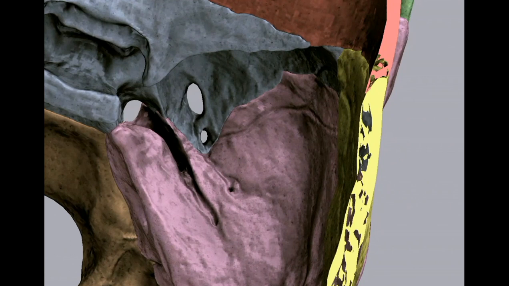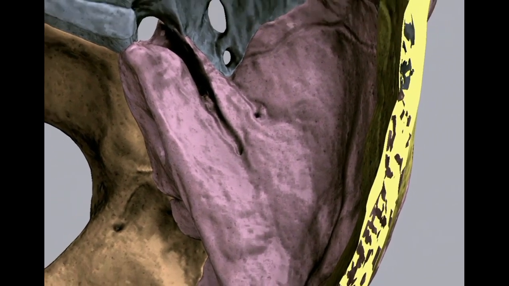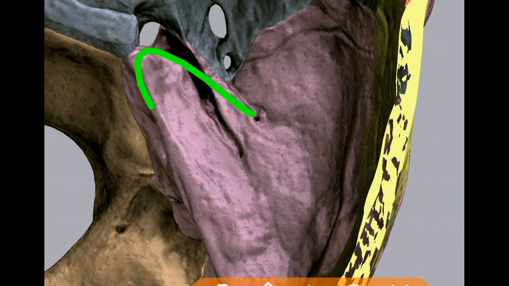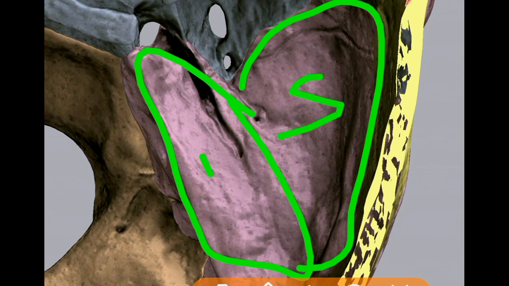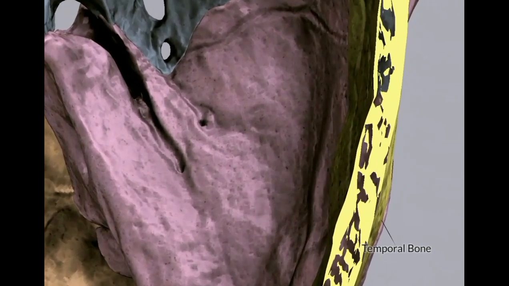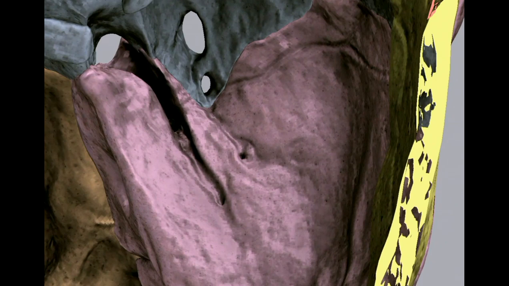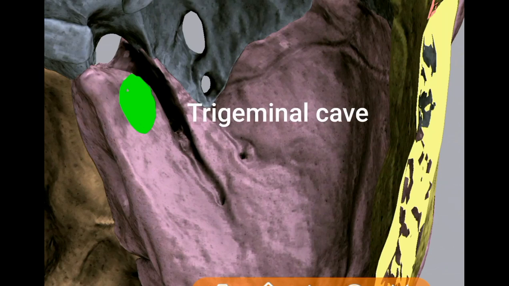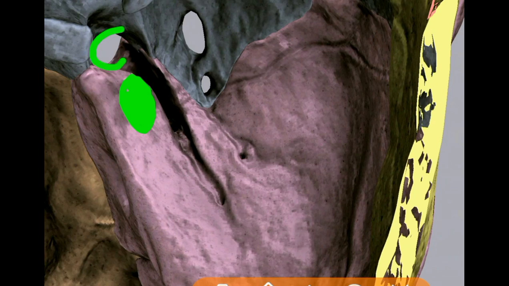And when you come to the anterior surface of the petrous temporal bone, it presents an impression here. This is the petrous temporal bone here. What you see there is the squamous part. The squamous part forms the roof of the infratemporal fossa, and the petrous part houses the parts of the ear, very important. And there is a trigeminal impression, a shallow fossa close to the apex of the petrous temporal bone, posterolateral to the foramen lacerum. It lodges the trigeminal ganglion in a pouch of dura mater that is called the cavum trigeminale.